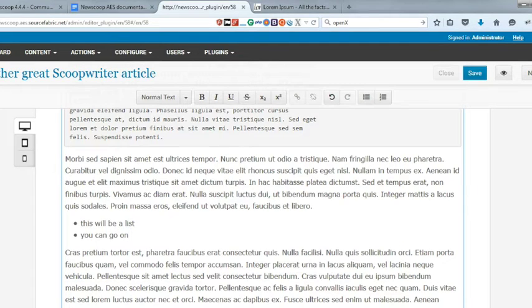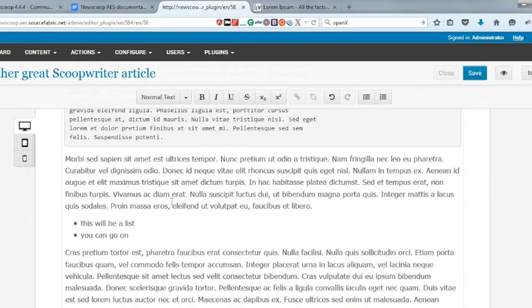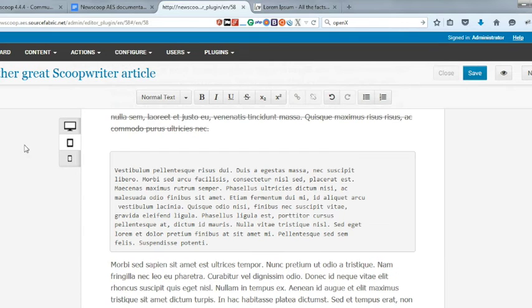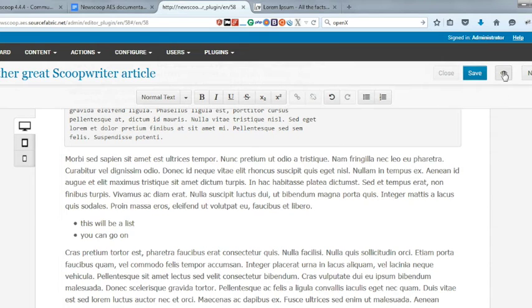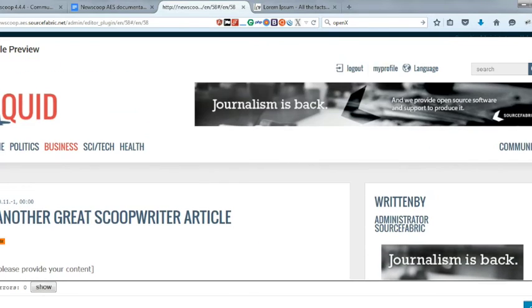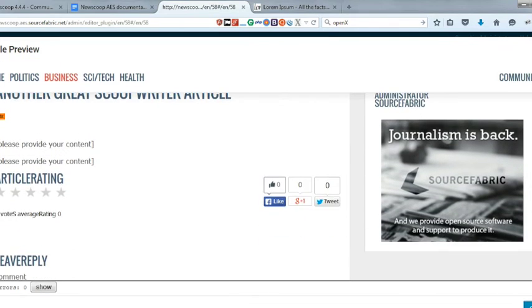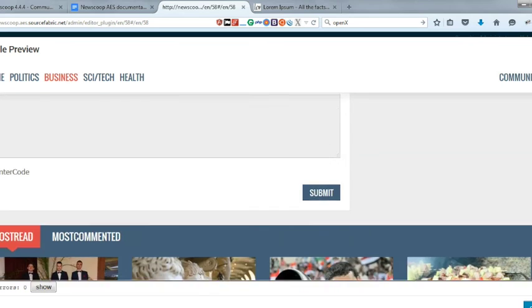Don't miss the next screencasts, in which we will describe how easy it is to add images and snippets by simply dragging and dropping them into your article. Also, please note that apart from the viewports, we also have the chance to preview the properly rendered article in the article preview of NewsScoop, and you can see it's properly rendered including the menu, the sidebar, and also the whole